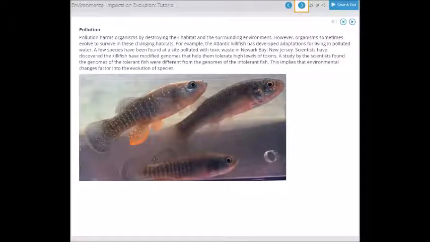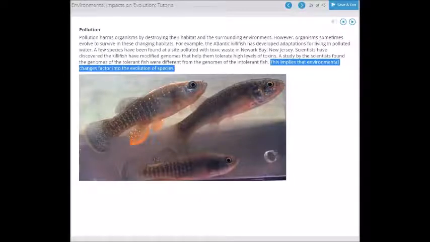Pollution is a problem. We find evidence of fish that are becoming tolerant. Their genes are changing to create fish tolerant to this pollution. That's a good thing, right? Well, it's good that these things can become tolerant to the pollution, but it's not a good thing that pollution's there. It just shows you how powerful evolution is that they can adapt to these kinds of things. But it does imply, and this is the important thing, that environmental changes can factor into the